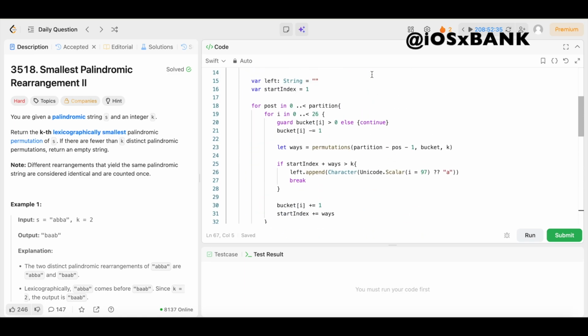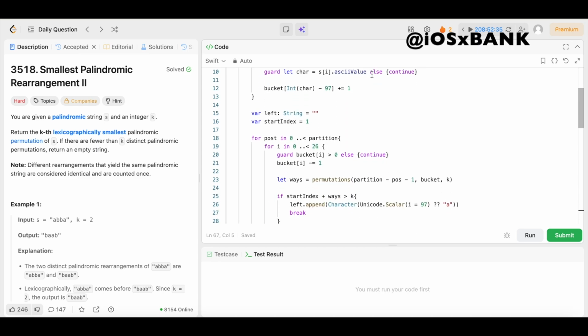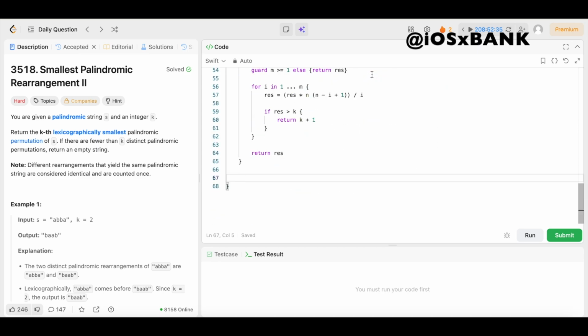Now come underneath this because we have another helper function. Let me see. Oh, there it is. All right. We got another helper function we need to create. We're going to say private func permutations. We're going to open up the brackets, underscore rem, colon, Int, comma, underscore bucket, colon, square bracket, so an array of integers. Come outside of that, comma, underscore k, colon, Int, and come outside of that,